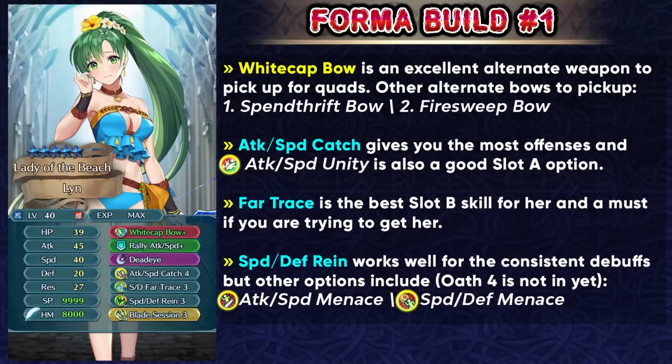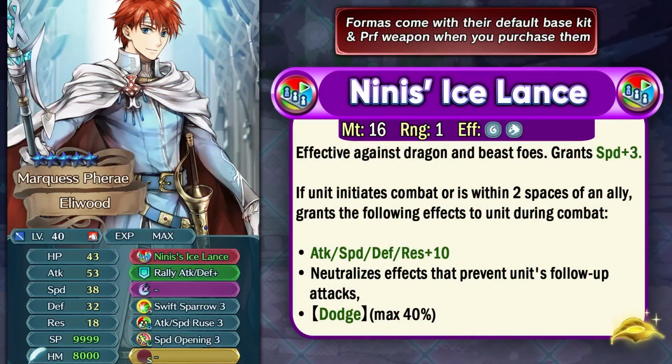Ranged flyers don't really have a lot of options, so this is going to be the ideal Summer Lyn Forma build that you can try and get. And if she ends up getting a good weapon refine, then she could definitely make amazing use of these premium skills. Brave Eliwood is a Choose Your Legends 3 unit, and he did end up getting his weapon refine last